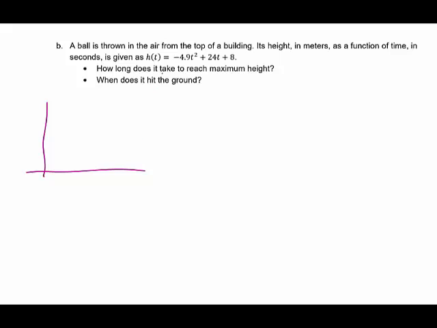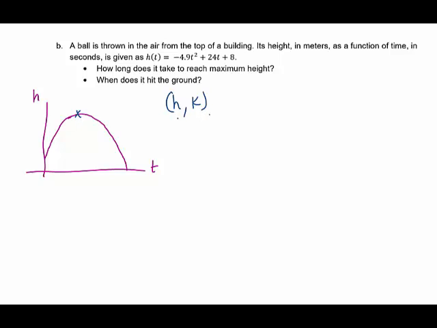Okay, so you can imagine what the graph of this function looks like, that it's a parabola that opens downward, and it has a y-intercept of 8, and so without knowing a whole lot about the graph, we could say something like this, where time is plotted on the horizontal axis and the ball's height is on the vertical axis. We want to know how long it takes to reach maximum height, so essentially we're just finding the location of the vertex. Okay, well, how to do that is we'll find h, k